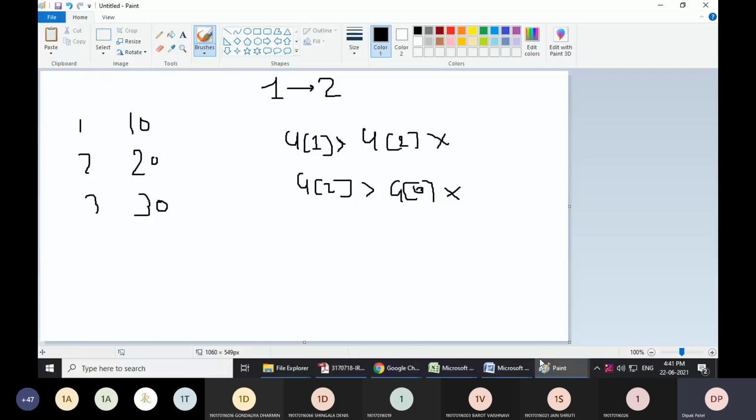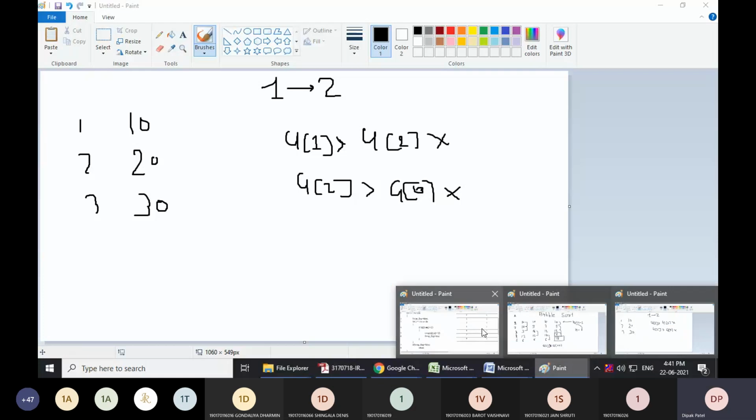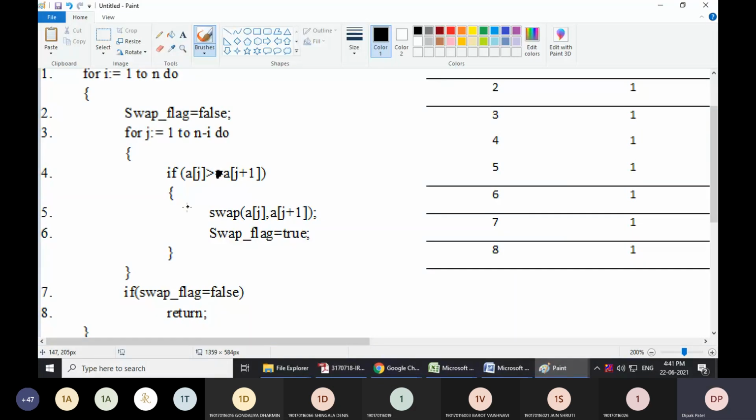So again it won't go inside this if condition, it rotates the inner for loop and the value of j is incremented. Now j will become 3, but it won't go inside the for loop because it should rotate only up to 2, since n minus i: we have 3 elements, minus 1, so up to 2. So the condition is false and it comes out of this for loop.